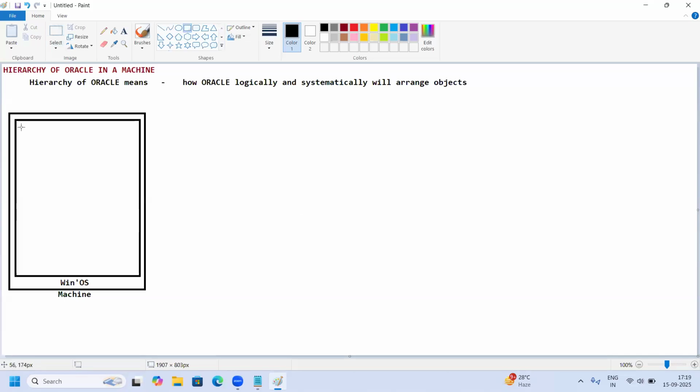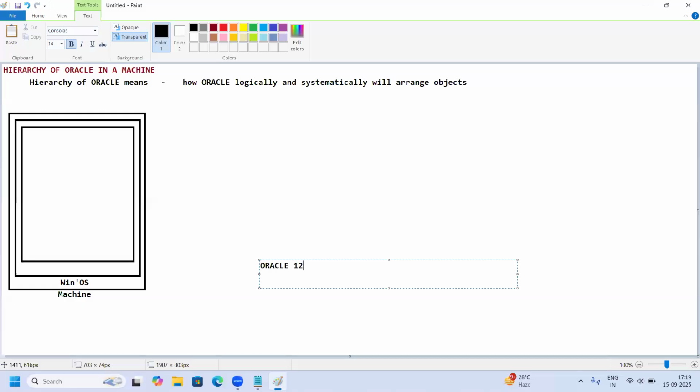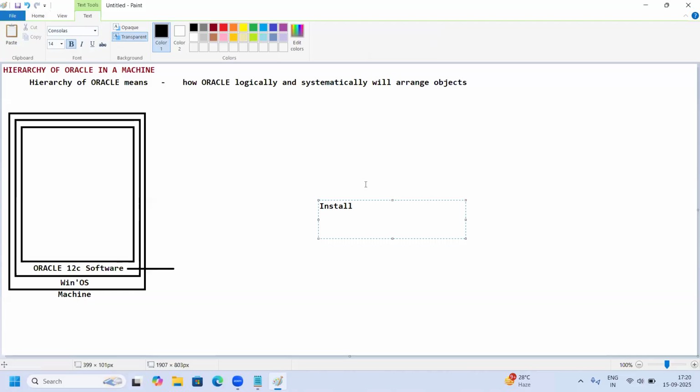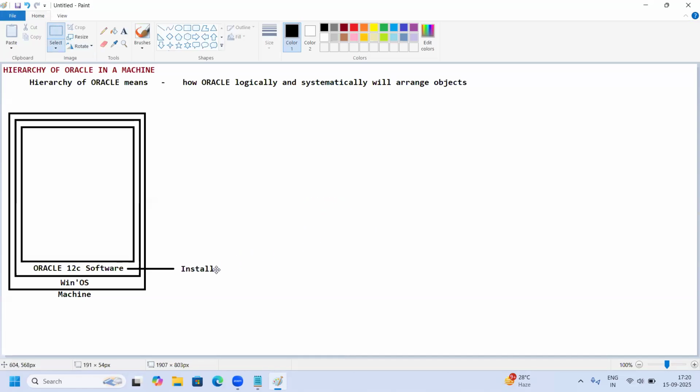Okay. And in this Windows operating system, the first layer I would say is about Oracle software. Version doesn't matter, I said. It's only for understanding. Oracle 12C software, whichever we have with us. Even if you have the latest, you can go with that, no problem. Because we are here to understand all the scenarios and concepts of database. Okay. Now remember one thing. In this Oracle 12C software, a few things are there as a developer you should know. What is it? One, whenever you install Oracle software,